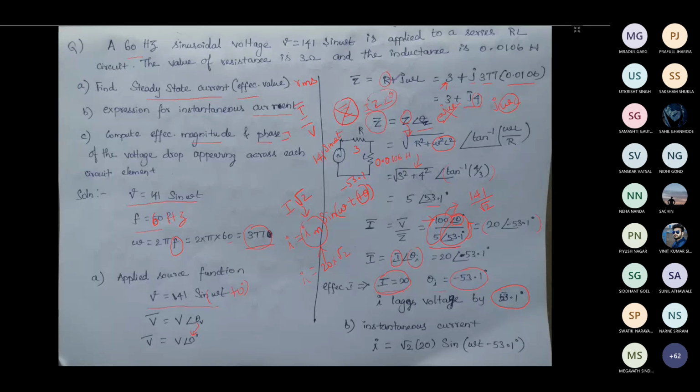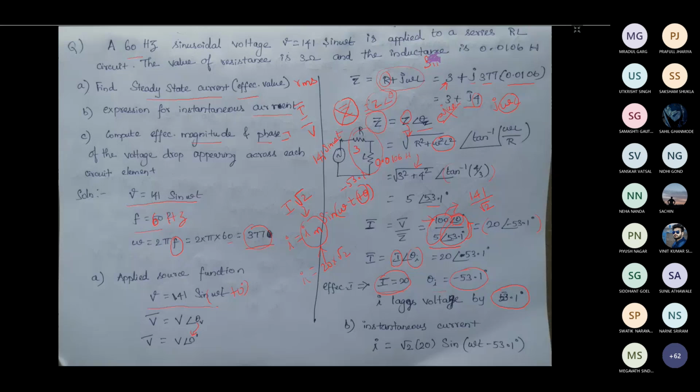It is a fixed value for any particular circuit. If you take this RL circuit, for this circuit R and L are fixed. If R and L are fixed, R plus j omega L is fixed. So this is not going to rotate. Here you are not going to have sine.